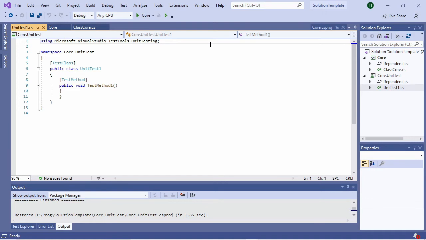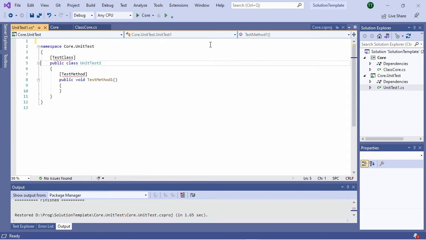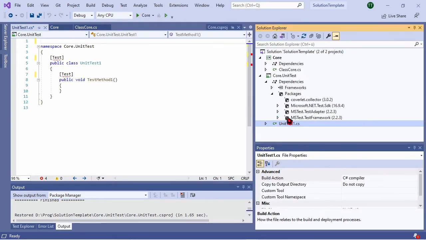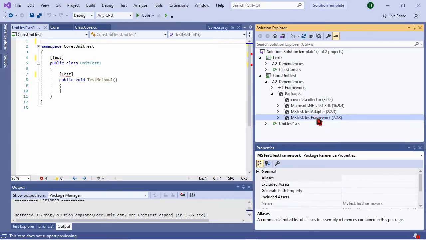So I do not want to use this unit testing thing, and this attribute becomes obsolete. This should be Test for the standard of NUnit, and this will also be Test, and even for the class, I think it's not required. But let's look at the dependencies package which has been embedded. So here we have MS Test Framework, Test Adapter, .NET Test SDK, and some here are important so that the NUnit